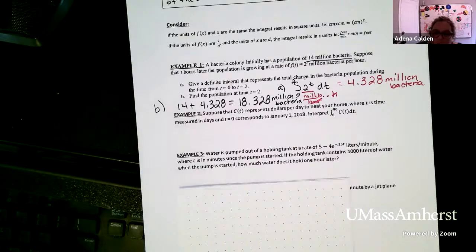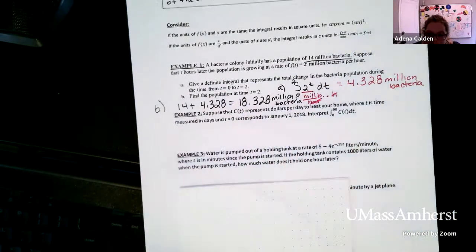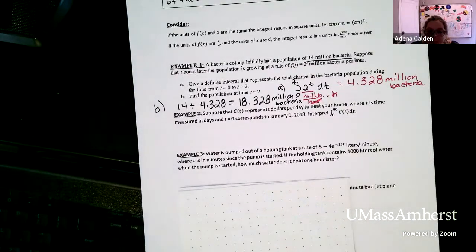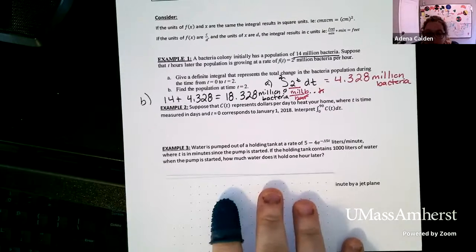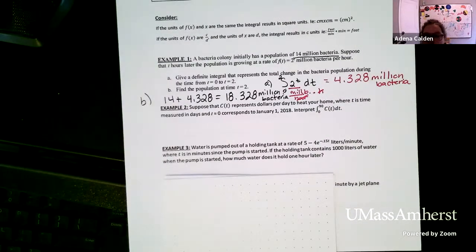What does that tell you? So we're really looking for a sentence here that describes what's happening in this integral. For example 3, we have water is being pumped out of a holding tank at a rate of 5 minus 4e to the negative 0.15 t liters per minute, where t is in minutes since the pump started. If the holding tank contains 1,000 liters of water when the pump is started, how much water does it hold